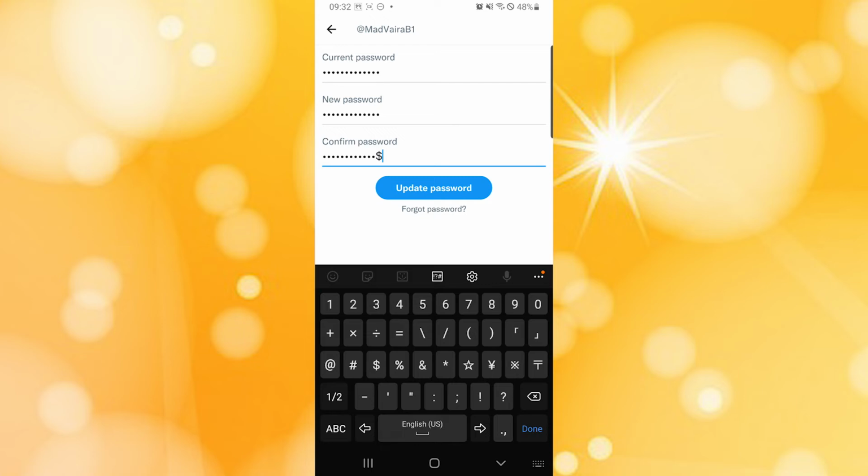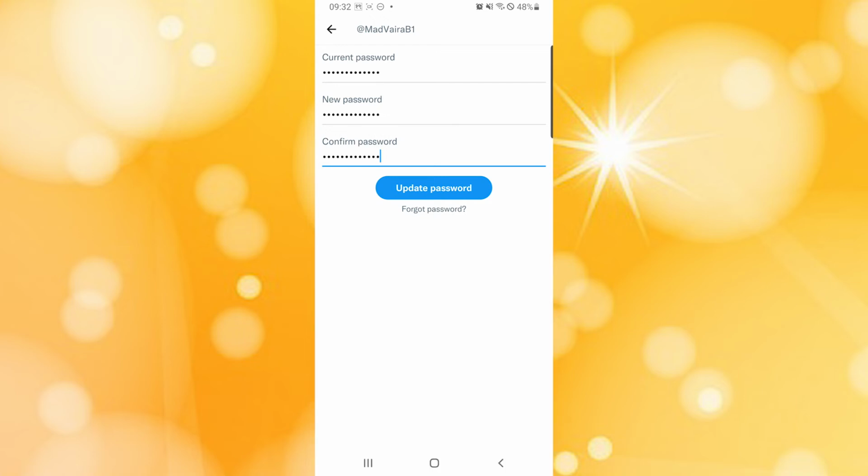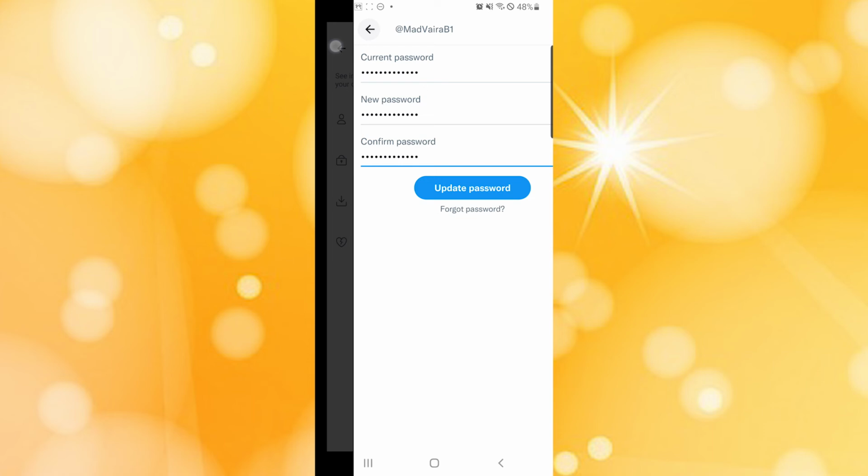But guys, if you have forgotten your password, you can just simply click on the forgot password button available just below the update password button to go through a procedure to reset or retrieve your account's password. You can also retrieve it, but guys, if you want to change or update it after using your current password